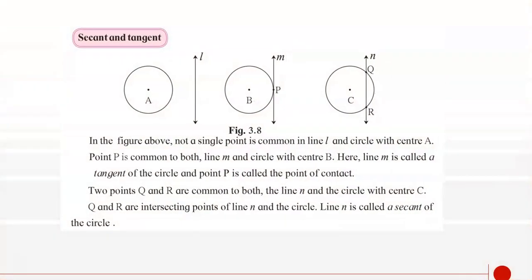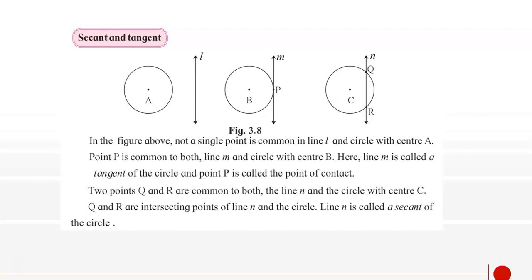The next concept we are going to discuss, my dear students, is of a secant and a tangent. Now what are these? If you look at figure 3.8, the first circle we have is a circle with center A and a line L. Both are at a distance; they do not have anything common between them. If you see the second circle, the circle with center B and line M,